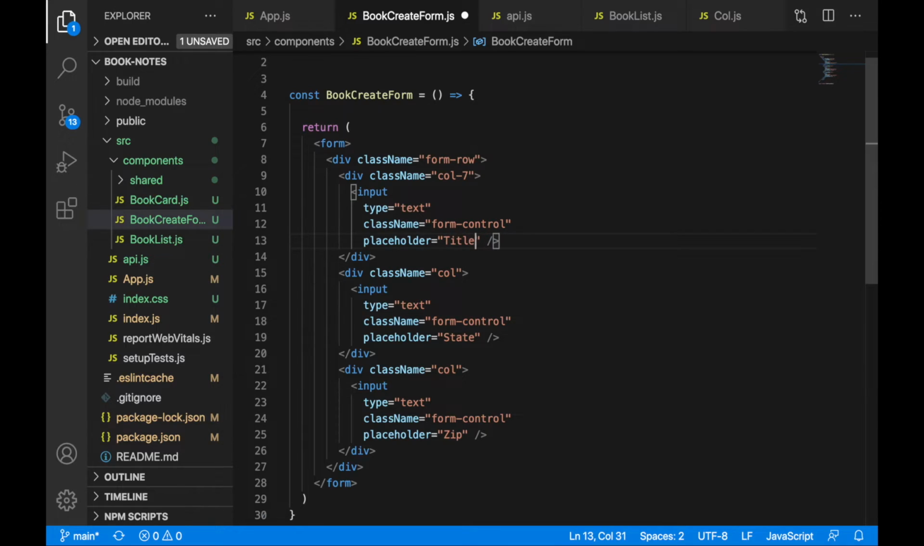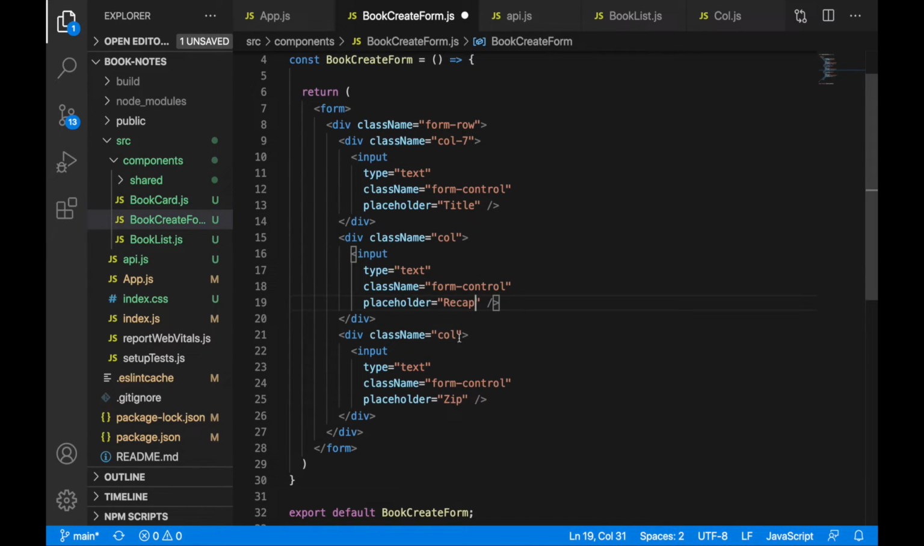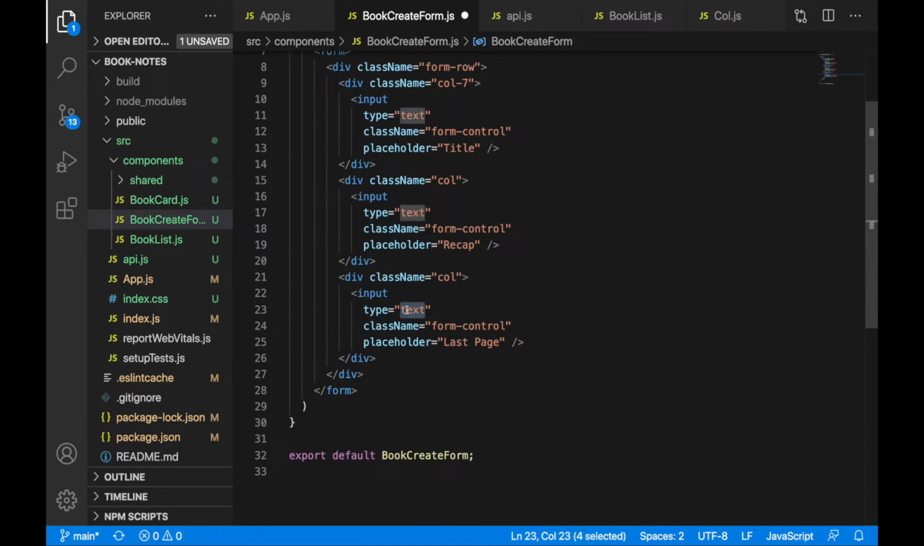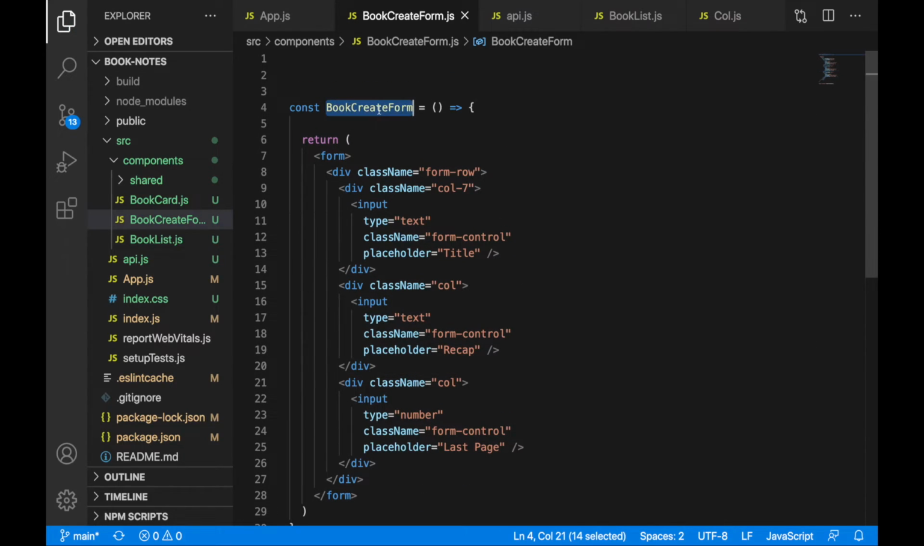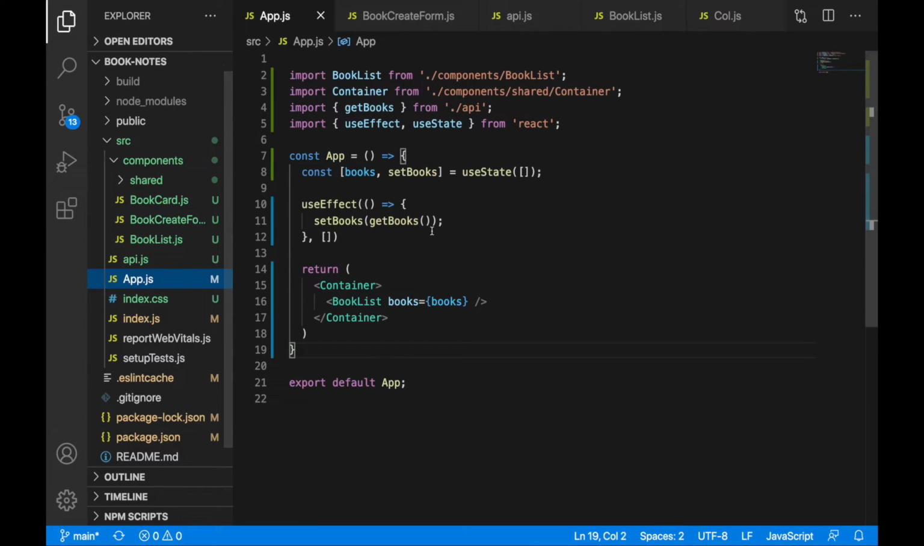In this case it will be title, this will be a recap, and this will be last page. In the case of the last page, type of the input will be number because we would like to input a number actually. Now let's save this, let's get this book create form, let's go to our app.js and let's